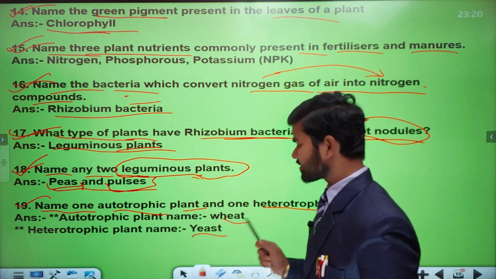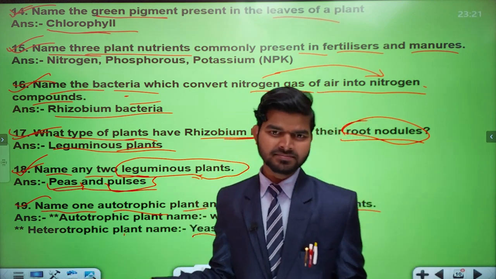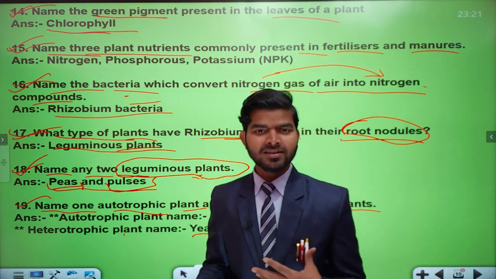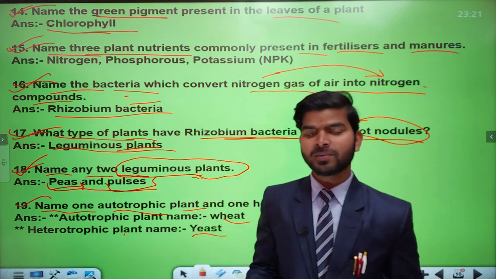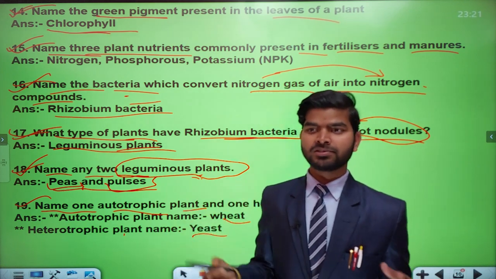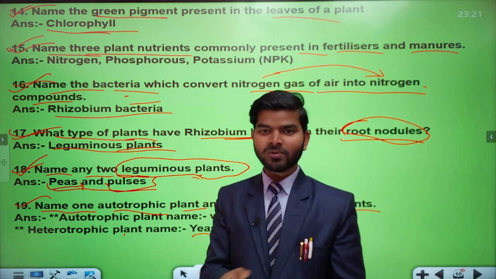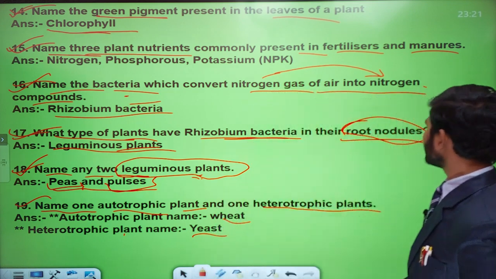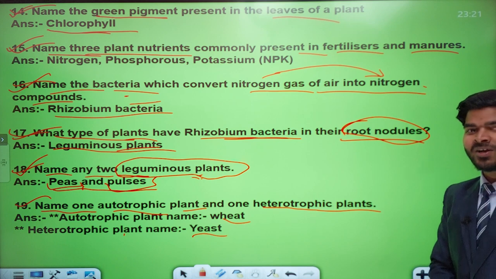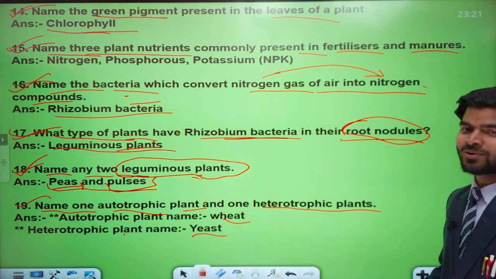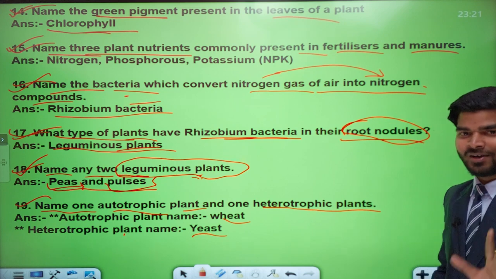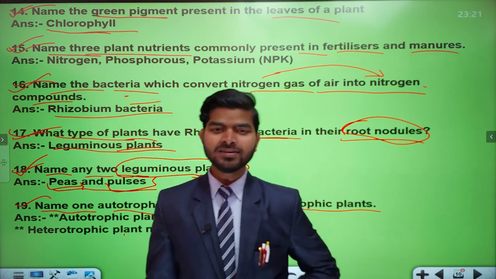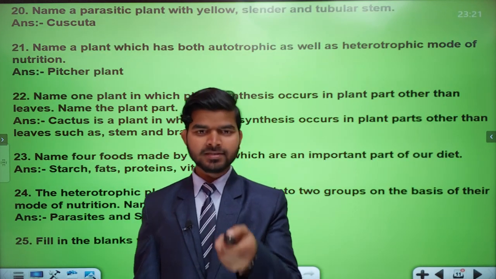This is the correct answer. Only examples are being asked. I have given the concepts of what an autotrophic plant is and what a heterotrophic plant is, and I have also told you some different examples of autotrophic and heterotrophic plants. If you turn through your notes one by one, you will easily find these answers. If you want to, you can write it. Whether you want to or not, you must write this because I have written this only for you. Now it's time to move on to the next question. All clear.